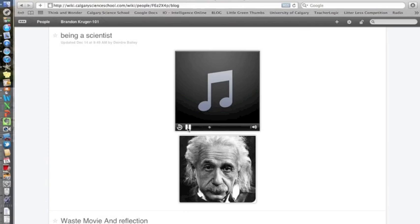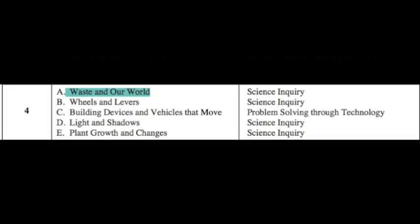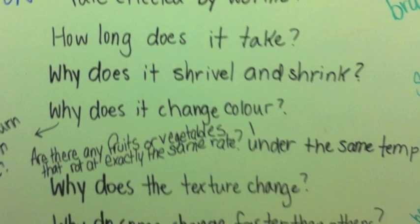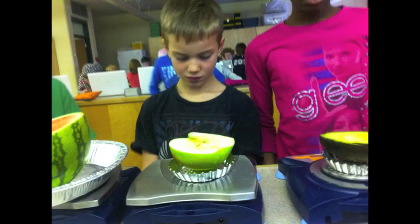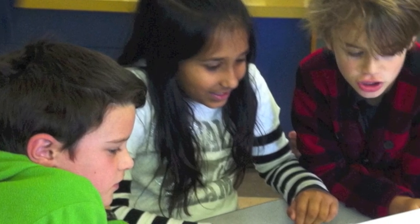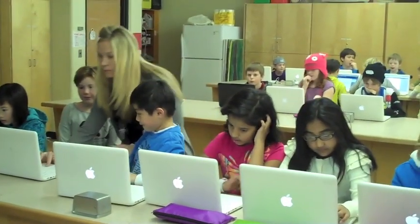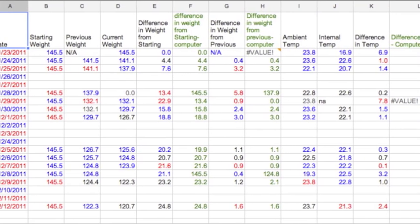It was really cool. Throughout this inquiry, we addressed a wide range of curricular outcomes, including further exploring the topic of waste in our world, applying an understanding of the scientific process, generating questions for exploration and investigation, developing relevant conjectures and hypotheses, becoming familiar with the use of scientific lab equipment, working independently and collaboratively to develop and carry out procedures, applying modifications if necessary, accurately recording and organizing observations and measurements, critically considering accuracy and reproducibility of results, using computer resources for recording, sharing, and interpreting data, representing numbers in a variety of ways and with appropriate units of measurement,